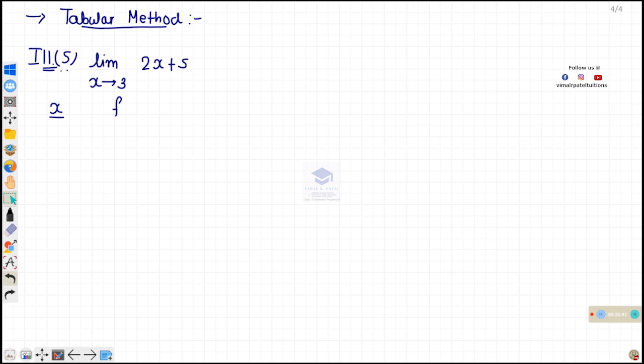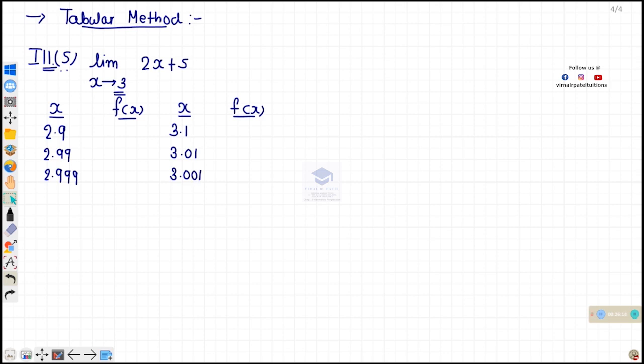Make columns for x and f(x). Now x tends to 3 means it will be nearer to 3, so less than 3 and more than 3. Values 2.9, 2.99 and 2.999, and by increasing, it will be 3.1, 3.01,